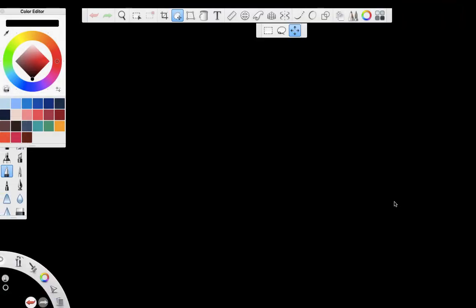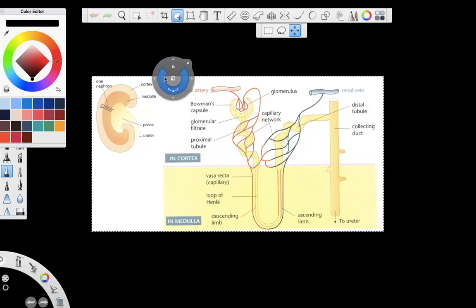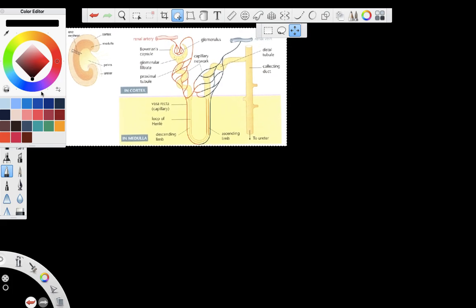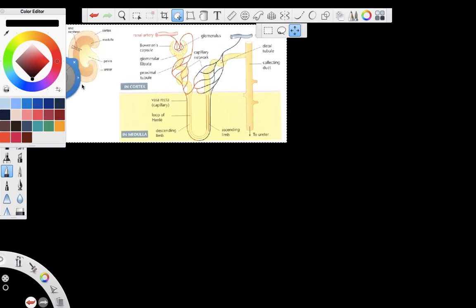Now, last lesson we looked at the structure of the kidney, and we said that the kidney is made up of this medulla and cortex. The cortex is the outer white layer, whilst the inner darker layer is known as the medulla, and each kidney is made up of millions of these cortexes. Okay? So we can say that each kidney